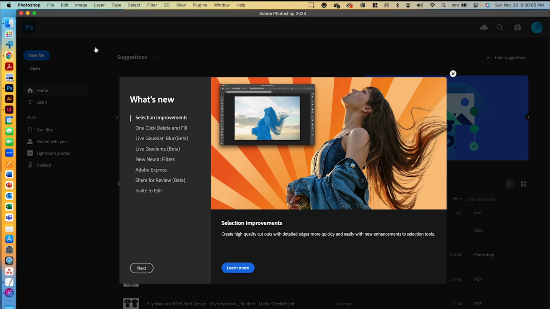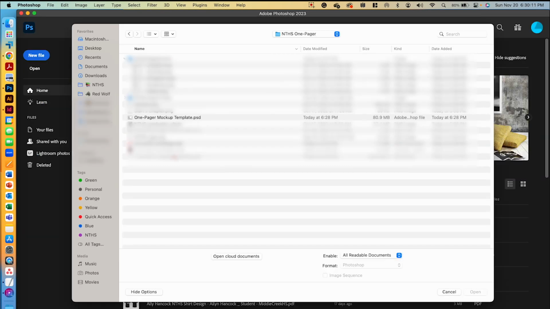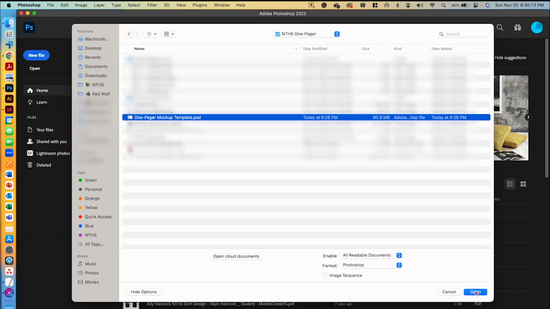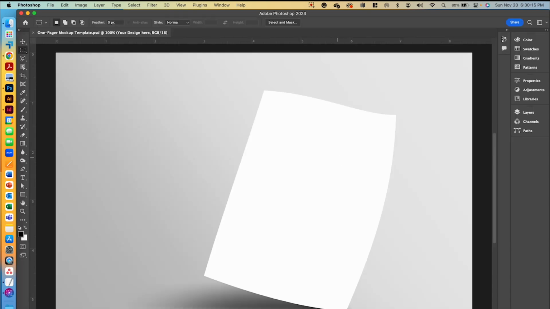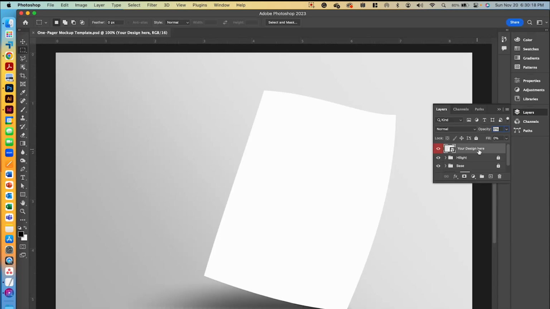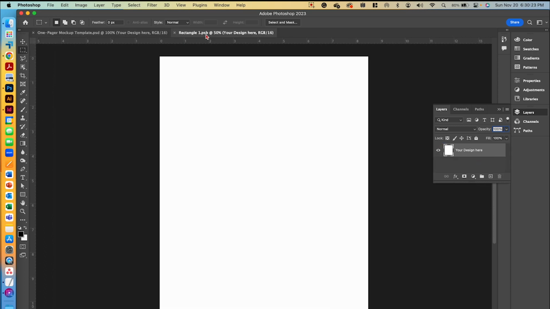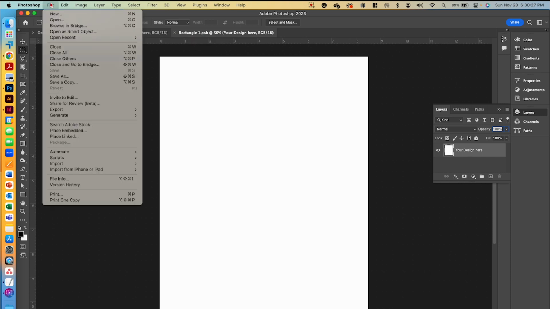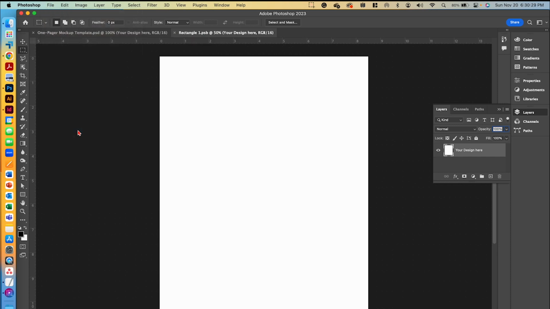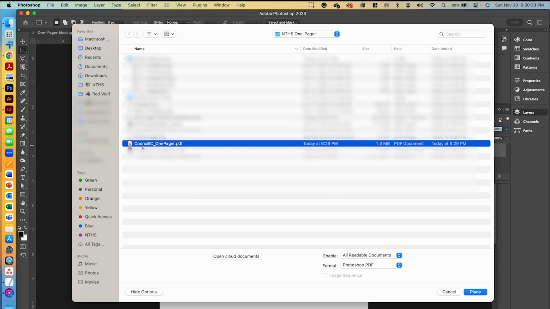So with Photoshop open, you're going to go to Open, find the one-pager mockup template.psd, and open that up. In our layers in Photoshop where it says your design here, you're going to double click on that one. It's going to open up a new file, a new tab. And where it says rectangle 1, we're going to do File, Place Embedded, and choose our PDF that we just